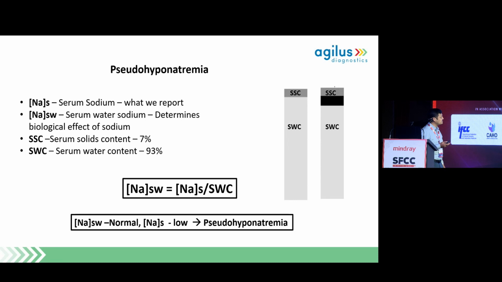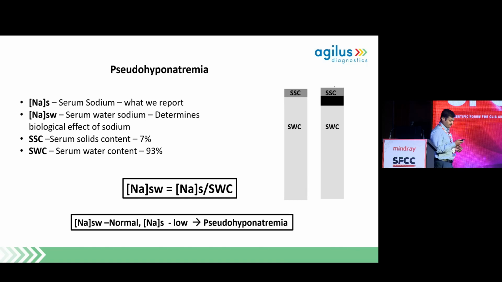To understand that, we have to understand what exactly are the components we measure during electrolyte measurement and what exactly the calculation is that happens later. So if you take a serum, there will be serum water content and serum solid content, SSC, which will be around 7% and 93%, which is the constant. When there is increased serum solid content,